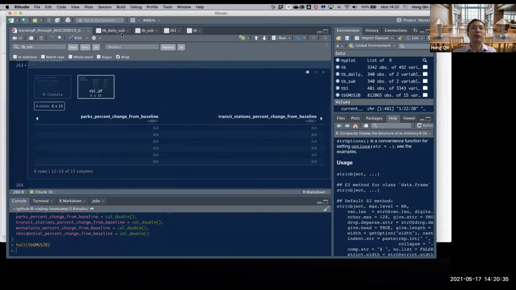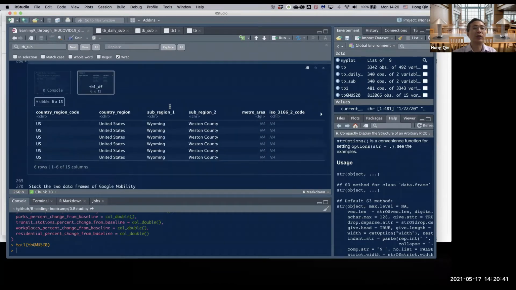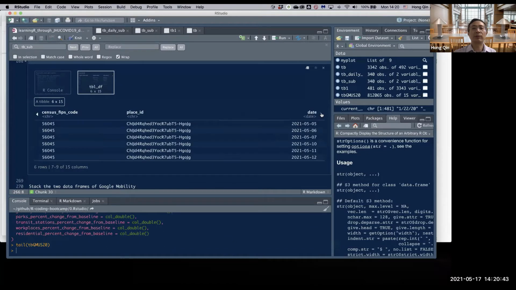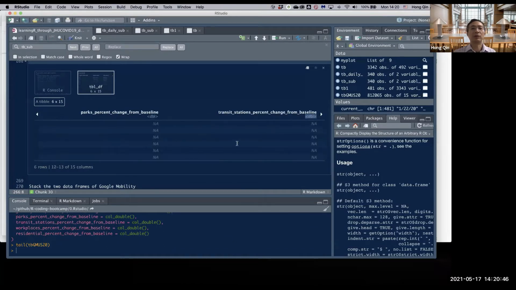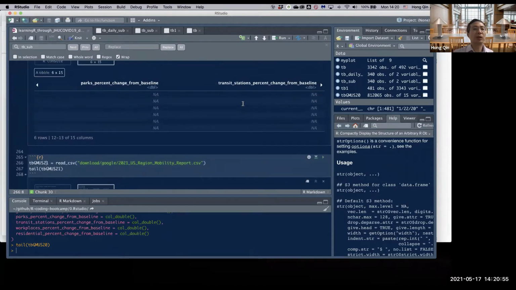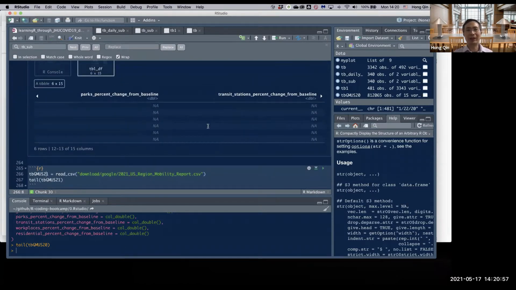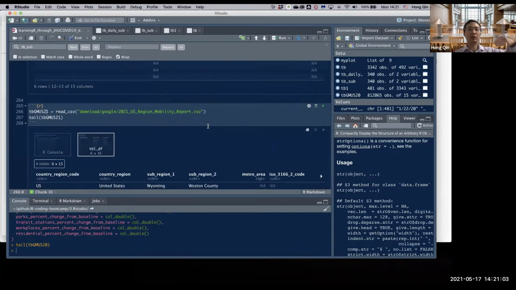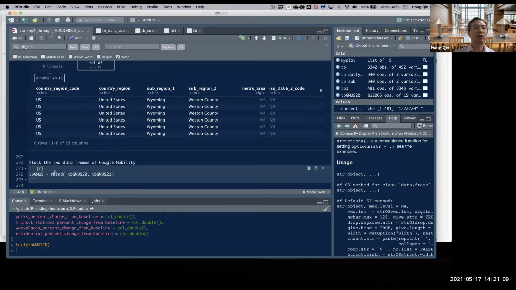The good thing is that Google itself is quite consistent. This is 2020 data, but the 2021 data follow exactly the same format. It's just that the dates are different. I'm not sure why they put this into two different files, but it's a good exercise for us. Because they have exactly the same format, it's quite easy to merge them. All we have to do is stack them, which can be done with something called rbind. So if we type question mark rbind,